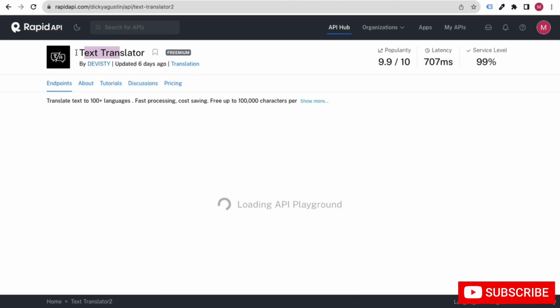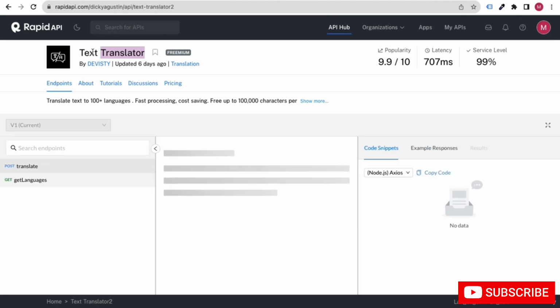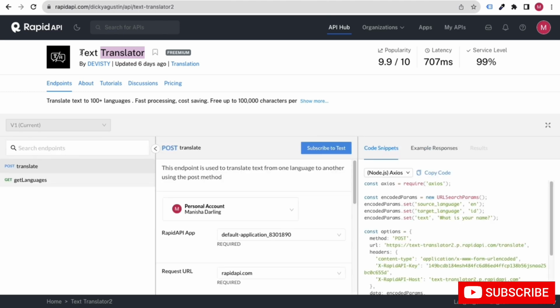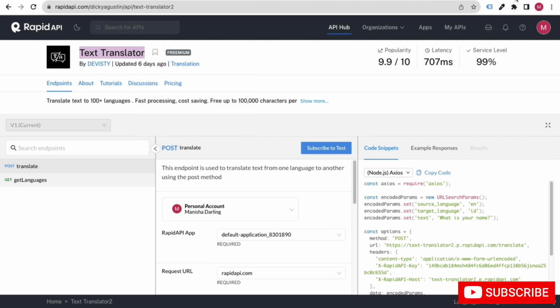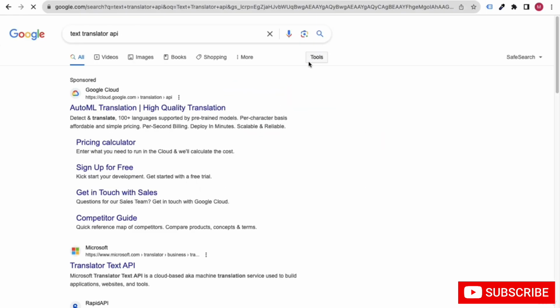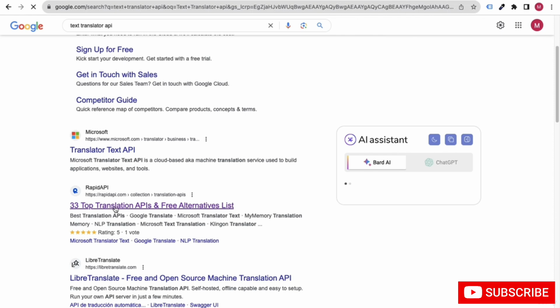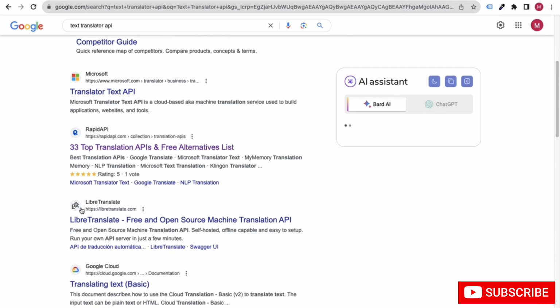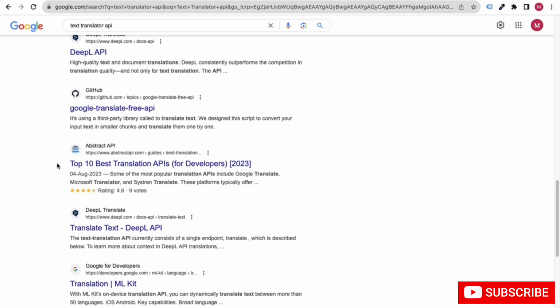Make sure that you have a proper keyword, otherwise your API is not going to rank. For example, if I search for this particular keyword and add API, you will see that Rapid API APIs always show on top of the Google search results.